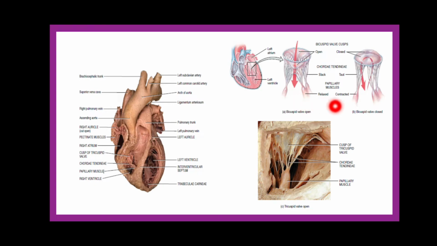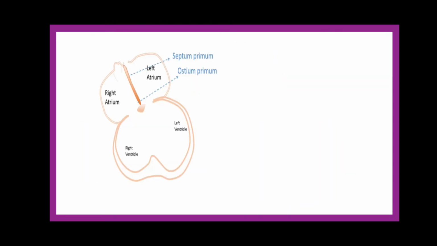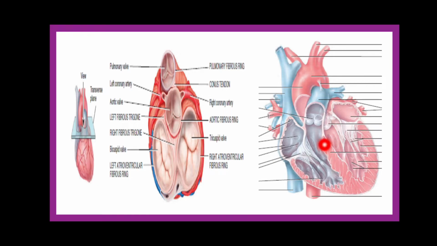Okay, and as the papillary muscle contracts, ये contract होंगे तो ये ऊपर जाएंगे, and जब ये ऊपर जाएंगे तो chordae tendinae ultimately ये stretch होने वाले हैं, and stretch होने के बाद ये valve close हो जाएगा. So when this valve will close, this will prevent the blood to again go from the right ventricle to the right atrium, okay, मतलब यहाँ से जो blood वापस जाएगा right atrium में, उसका flow prevent होगा. क्यों? Because of the stretching of these papillary muscles.